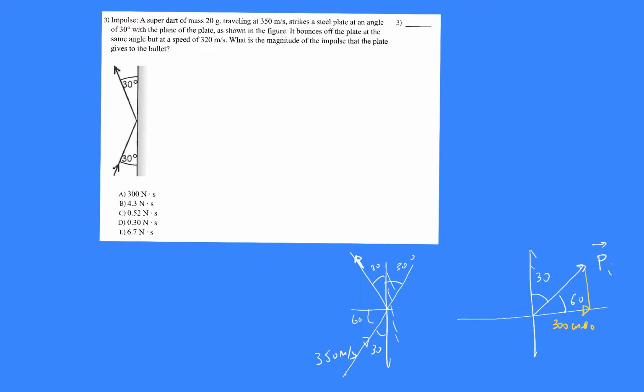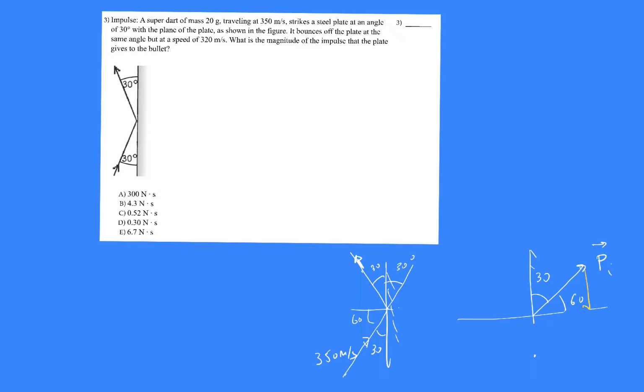It is 320 meters per second. So the momentum goes like this. The initial momentum coming, this momentum is this one with the angle with the wall 30 degrees. This is the momentum, and this is 60 degrees. It has the magnitude 350. So the initial momentum has 350, let me erase here,